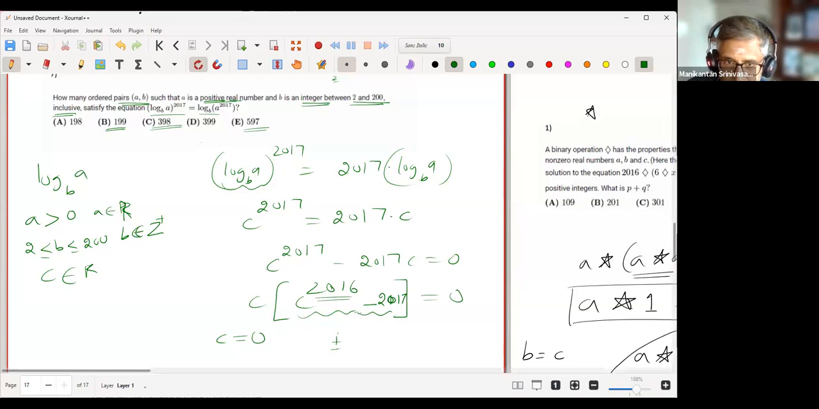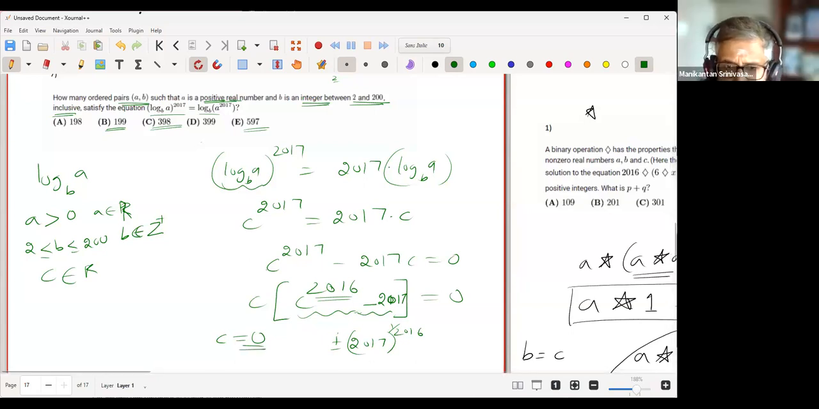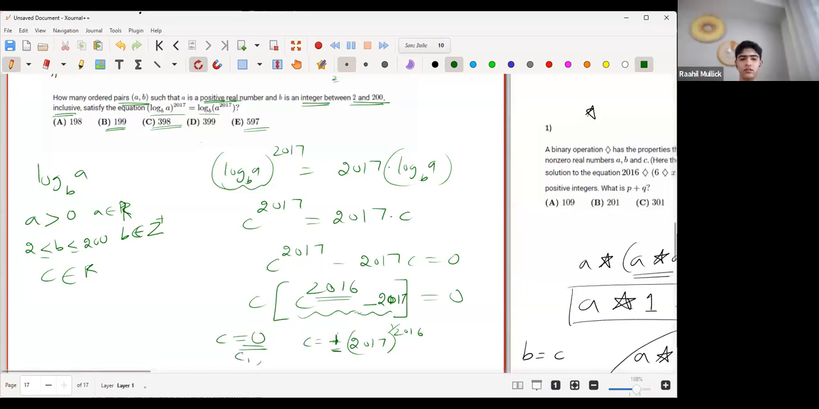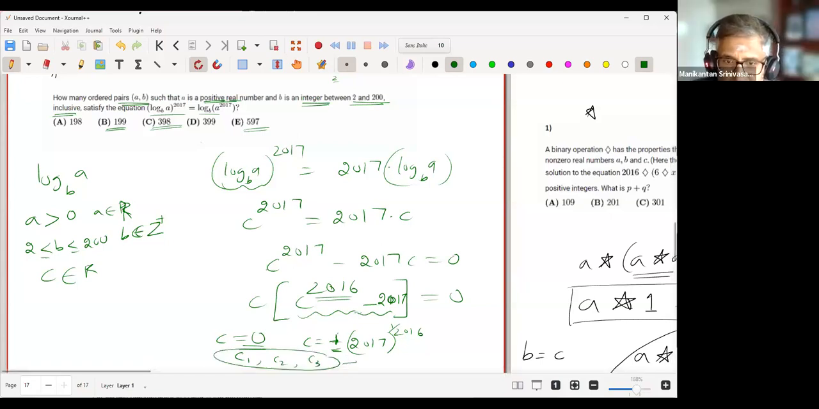Because 2016 happens to be an even number, it's plus or minus the 2016th root of this. So there should be 3, right? Because there's 0, and then plus and minus. I put 0 here, and then I put the plus here, and then I put the minus here. So 3 values for C. So total 3, C1, C2, and C3. So there are 3 roots